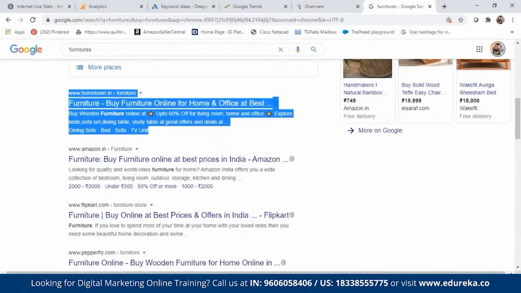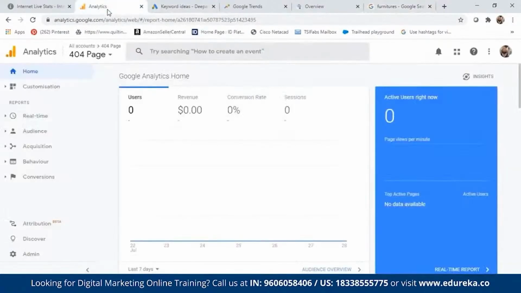The third interesting point about SEO or search is that it's easy to measure. One of the biggest advantages is that you can measure virtually every aspect of your result. You can use Google Analytics to monitor your traffic, your referral sources, your conversions, and any other metric that matters to your business. Now, let me just give you an overview of how your search data looks on Google Analytics.